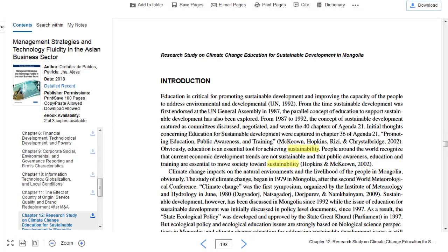Using the tools at the bottom of the viewer, you can adjust how the ebook displays, such as zooming in and out of the page. You can also go directly to a specific page using the left and right arrows, or by entering a page number and pressing the Enter key.